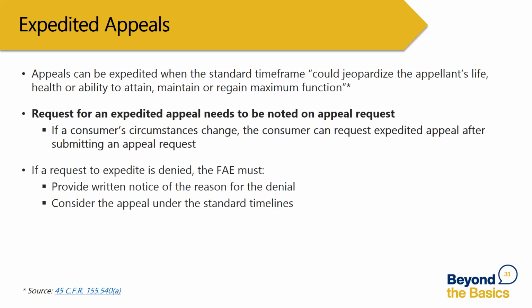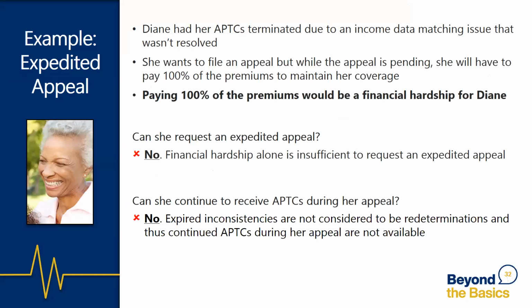So let's do an example to help explain this situation a bit more. Let's look at Diane's case, who had her tax credits terminated due to an income data matching issue that she wasn't able to resolve. So she wants to file an appeal, but because her APTCs were terminated, she would have to pay 100% of her premiums to maintain her coverage. And this, as it would be for many people, would be a financial hardship. Can she request an expedited appeal? Unfortunately, no. What I showed you on that last slide, financial hardship alone is not going to grant someone an